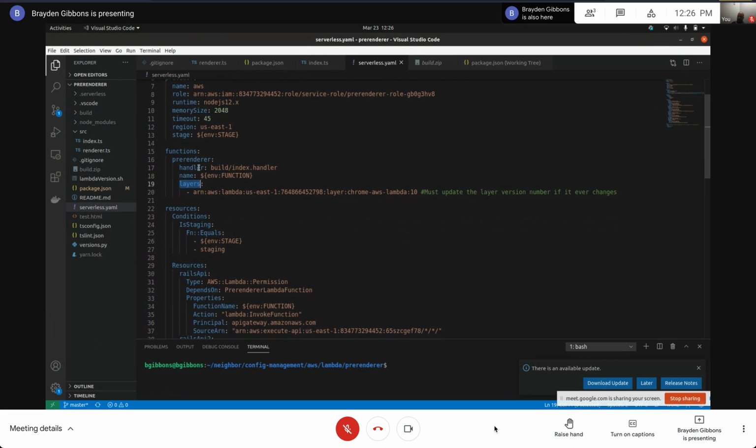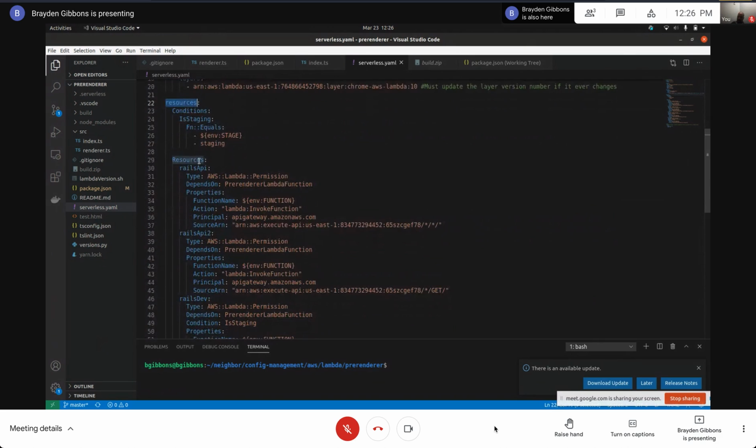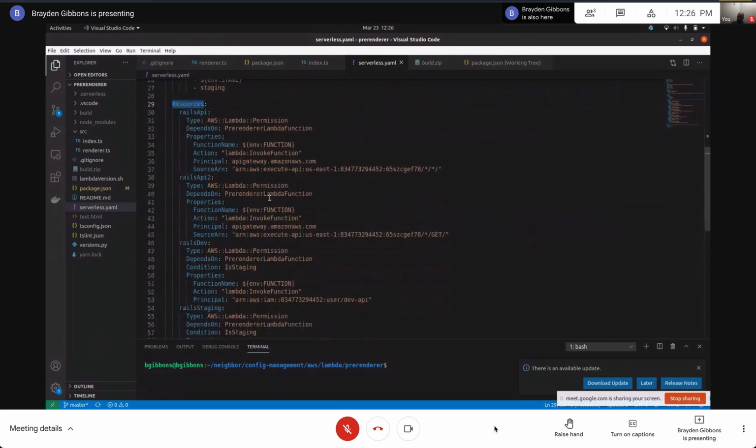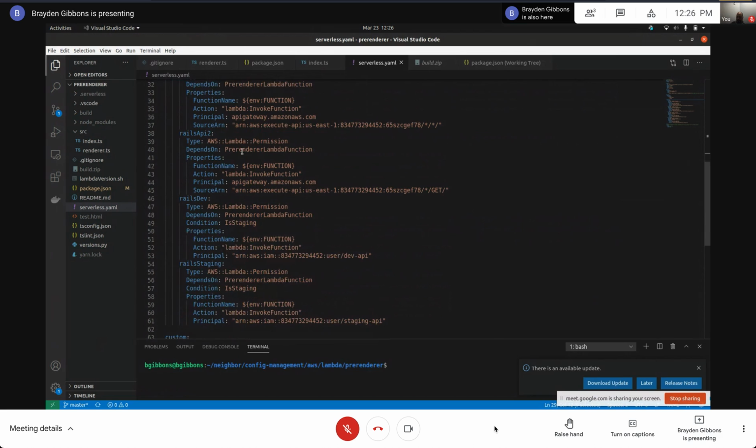So we looked at that already. Here's some new content, which is the resources section, which allows us to specify further permissions. For example, we want the dev and the staging Rails API to be able to hit the staging pre-renderer, but we don't want them to be able to hit the production pre-renderer. So we specify different Lambda permissions, as we can see,